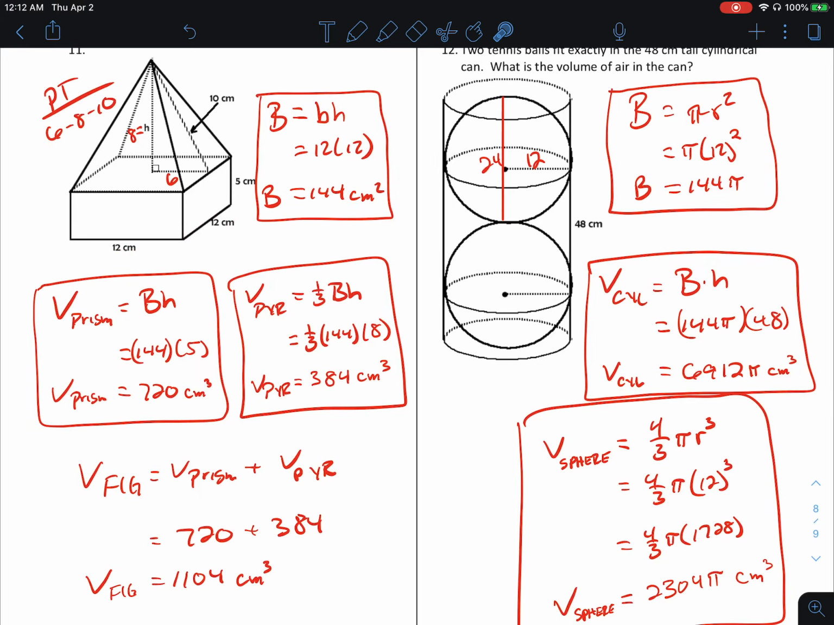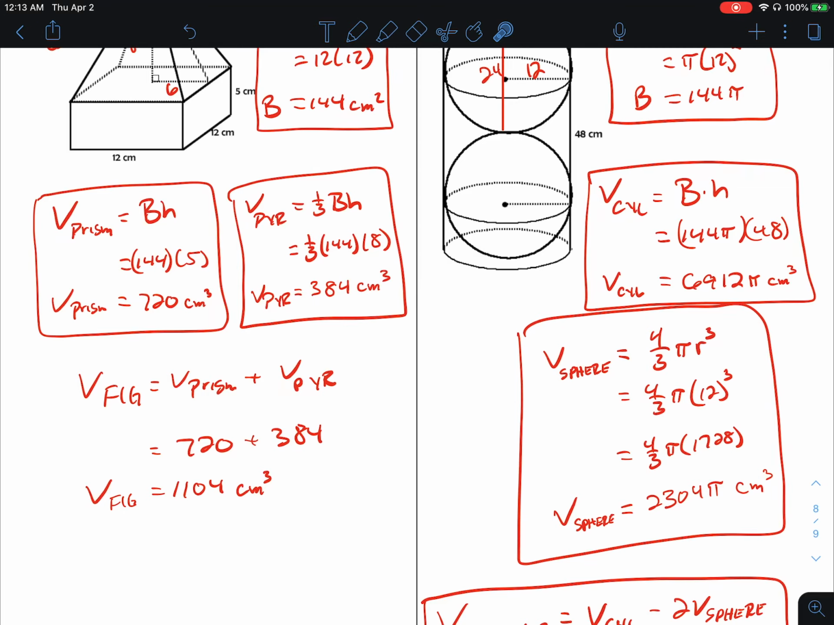The base is 12 times 12, which is 144. So replace the b in each of these with 144. Prism, it's the area of the base times the height. The height's 5, we get 720. For this pyramid, it's 1/3 the base times the height. This height is 8, so it's 1/3 of 144 times 8, which is 384. Add those, you get